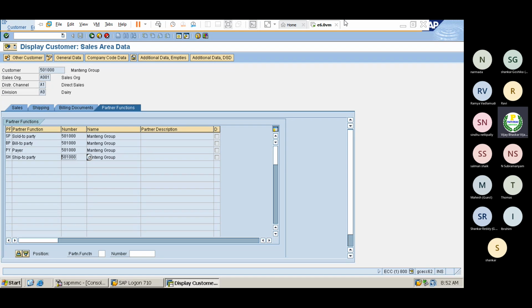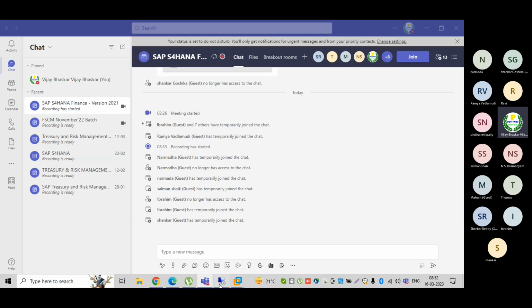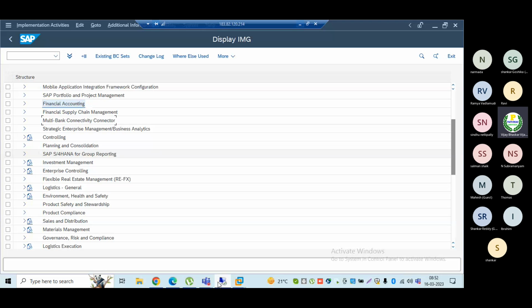Now in BP, in business partner, whenever we look at the business partner, I can maintain multiple addresses for one business partner, or for multiple business partners. The system automatically derives the address information. That is one of the biggest advantages of the business partner.